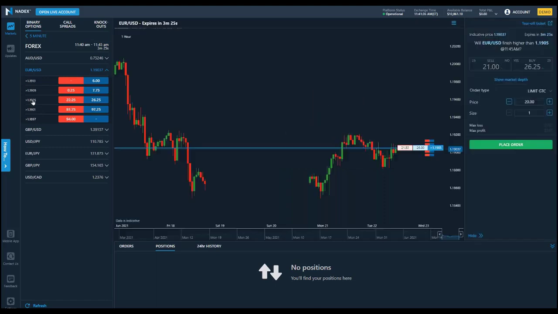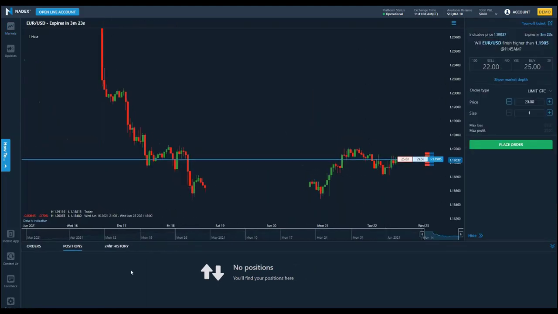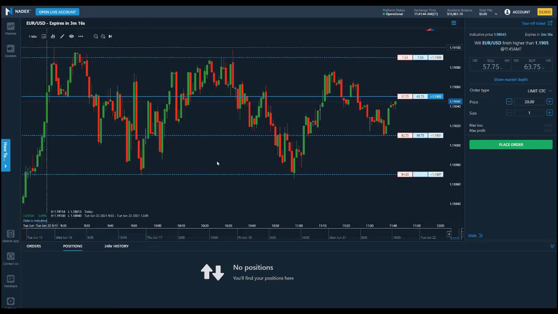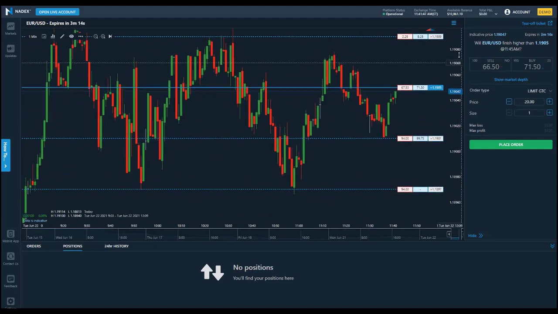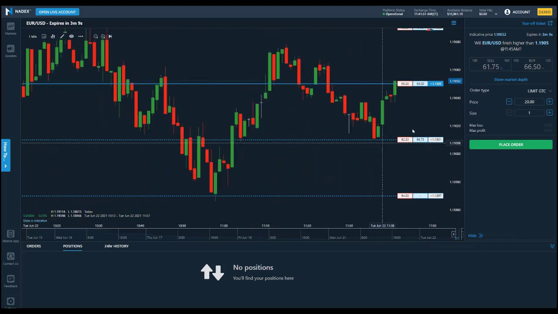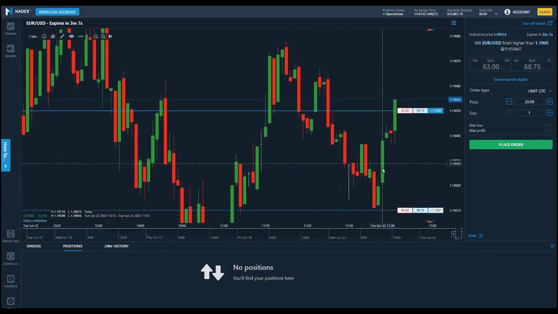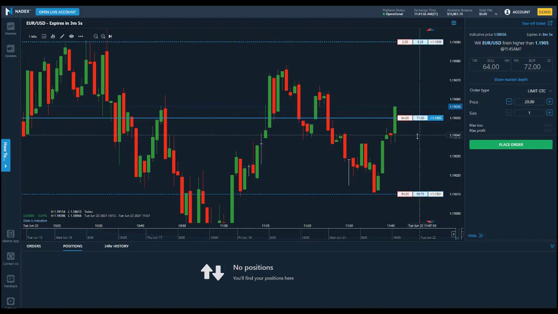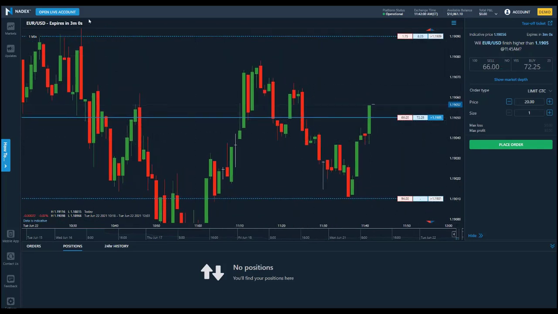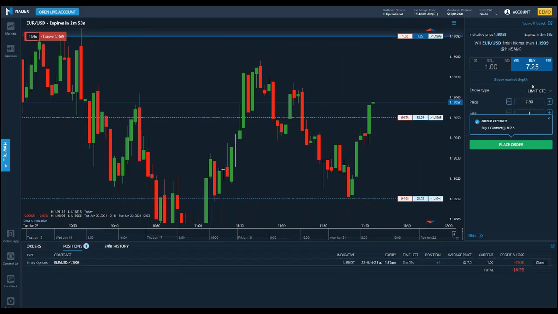Let's go ahead and jump in quickly. I want to make this a 1-minute chart because we're doing such a short time frame, right? And you can see all the strikes. Let's bring this in a little bit closer. All right, look at this. We've still got 3 minutes to go. I think this is going to keep going higher. You know what? Maybe I want to buy one of these. I'm going to buy one for 7.5 just to see what happens.